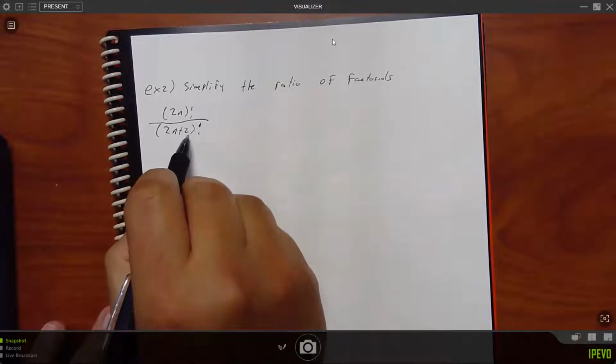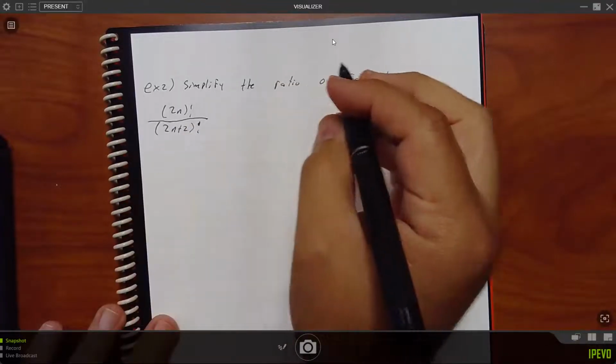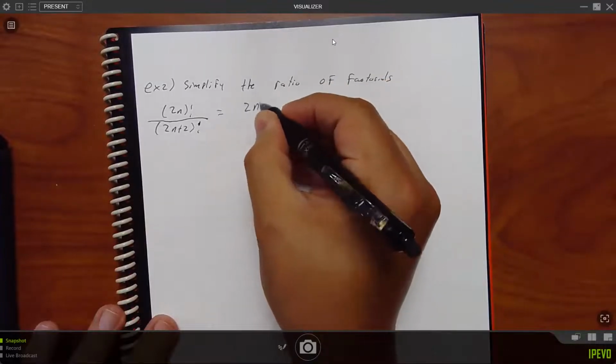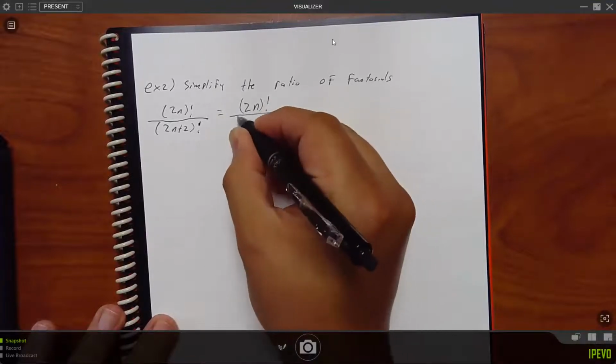So you agree that the one on the bottom is just 2 more than the one on the top, right? And we also said that, so I'll leave the top alone. If I start to expand the bottom,